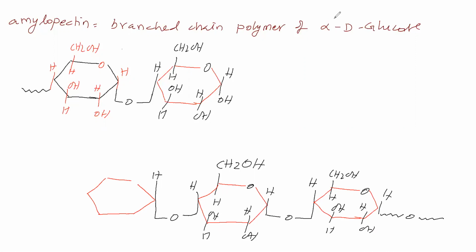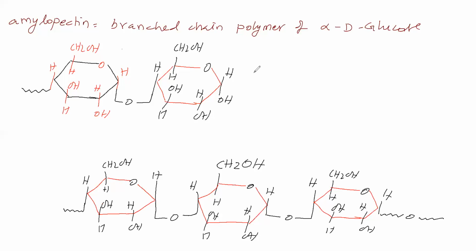We will give the pyran ring. We will give the groups. Here oxygen, second carbon HOH, third carbon OHH. Fourth carbon CH2OH, H. Here it continues. Now we can say this is one linear chain.